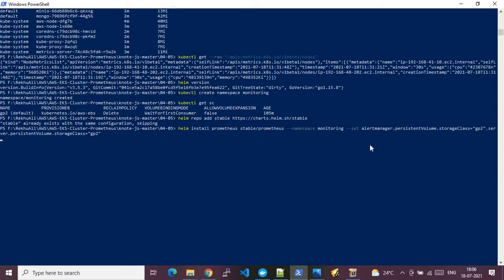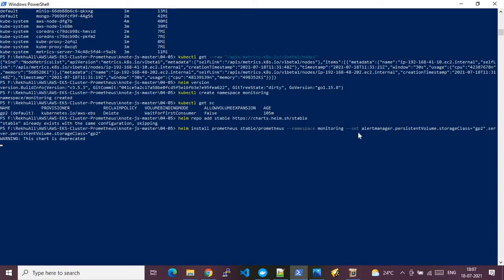So it will take some time to get the required configuration done in our EKS cluster. Once the Helm has been configured, then we can leverage the Helm. Once Helm configures the Prometheus service in the EKS cluster, we can leverage the features of Prometheus service to monitor our EKS clusters.